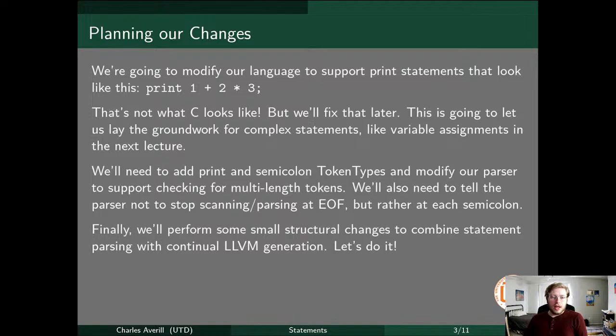So we're going to need to add a print token type and a semicolon token type. Then we're also going to have to modify our parser so that we can check for multi-length tokens, because we haven't done that yet. We sort of have with our integer literals, which can be multi-length, but that's for a very specific purpose. We wrote a specific function to parse integer literals, but our other tokens are all binary arithmetic operators, so those are all one character long. So we will need to add a function to check for multi-length tokens,